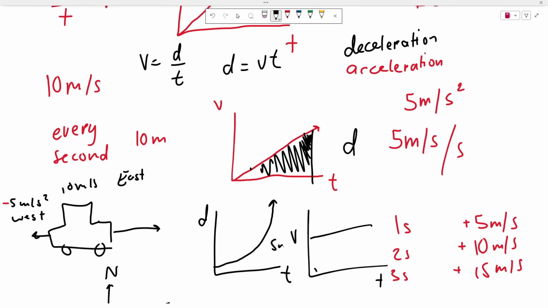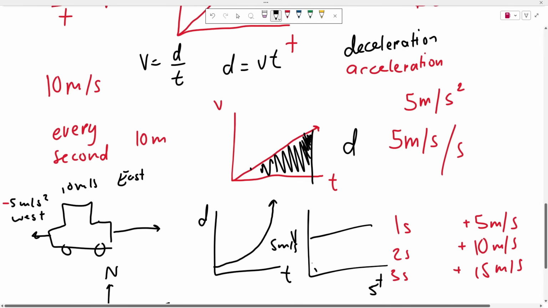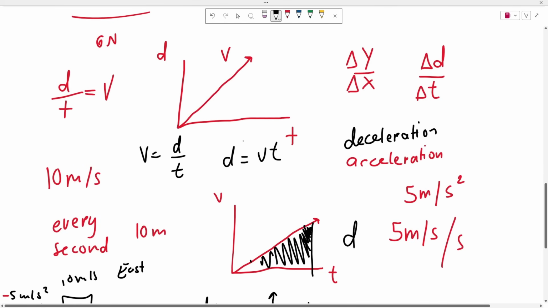If I'm traveling at 5 meters per second for 5 seconds, then the area underneath here is just 5 times 5, which is 25 meters. That's going to be the distance that I've now covered, okay? So what else can I cover here? Distance, time. If you multiply distance by time, again,